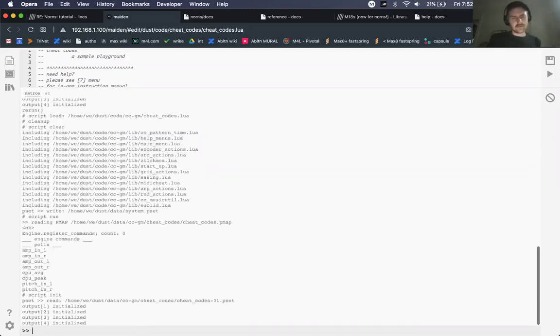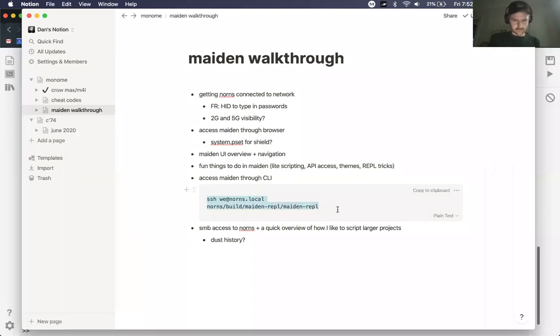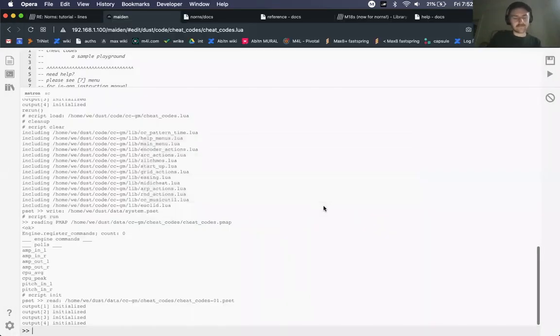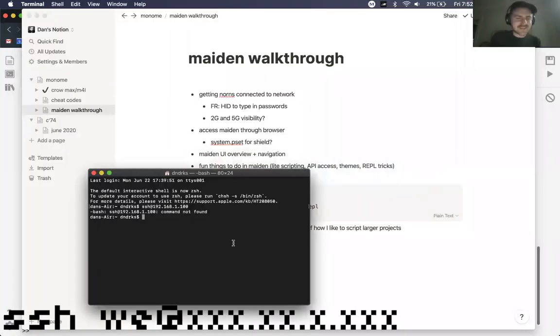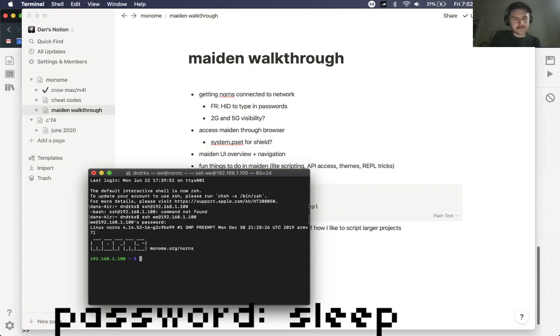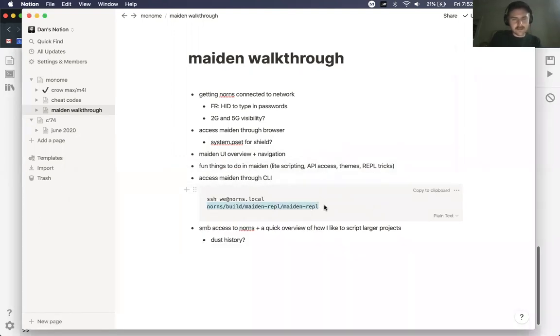Yeah, and then the last little bit here is SSH, and you can actually access Maiden through the command line in terminal. Nice. So if you crack open terminal and you just do SSH at, and you can either do your IP or norns. Oh no, that's not it. It's SSH we at. Yep, you got in. And then we sleep loads you up there,